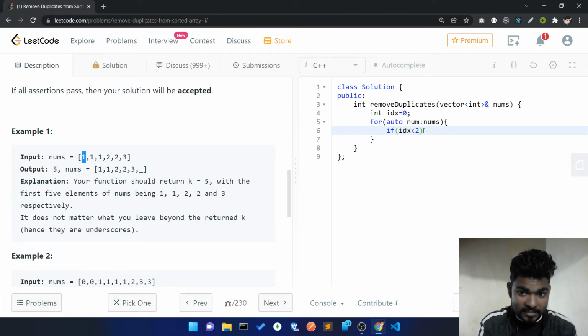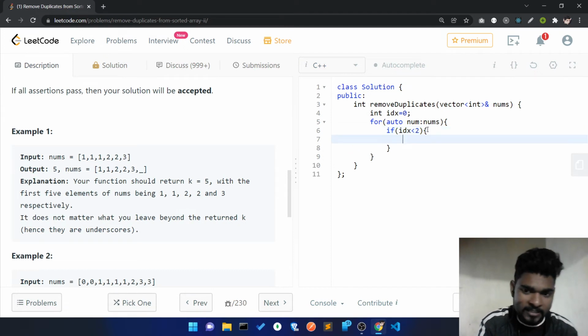I'll just push it into my vector initially. I don't care whether it's the same number or a different number. So in that case, I'll just do nums idx,